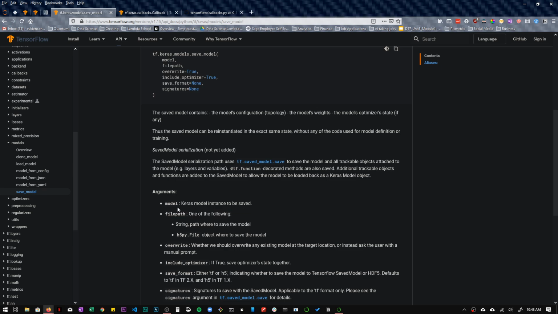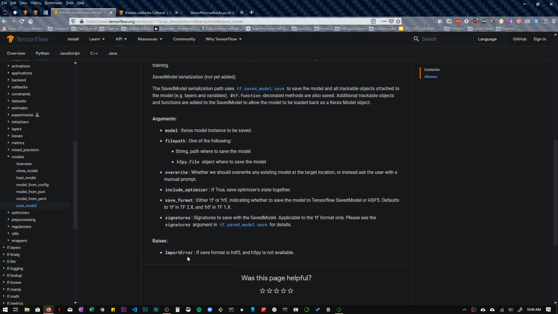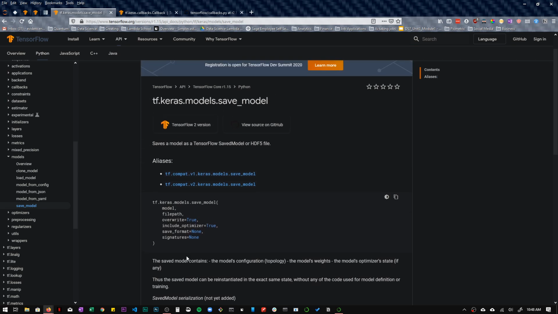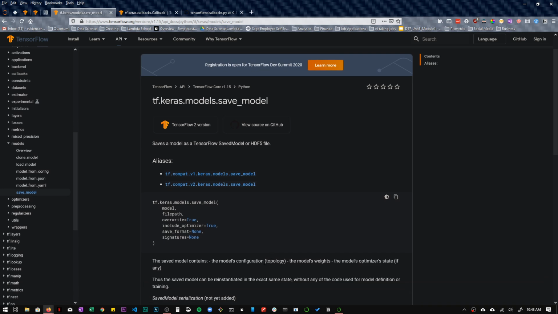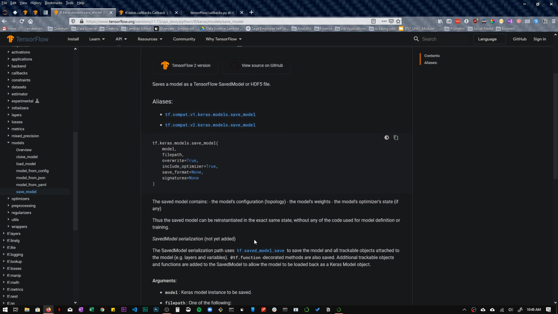So model is a model instance to be saved. The file path override include. Okay. So then how do you implement this? So how do you use this? Like there's not an example code.